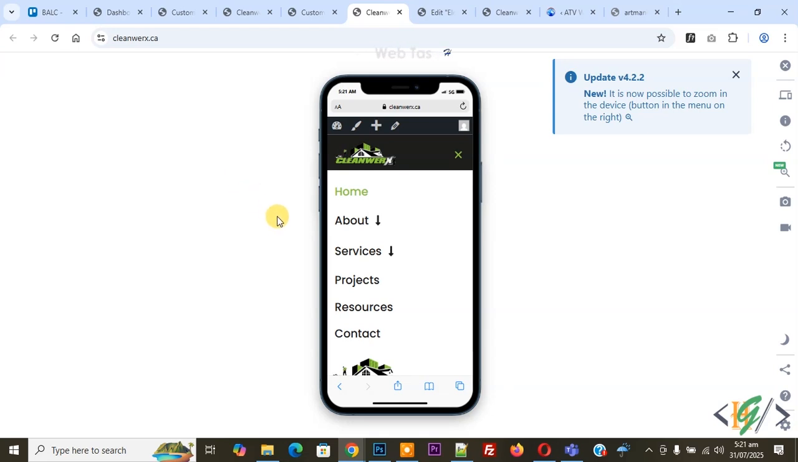Bismillahirrahmanirrahim. Assalamu alaikum. My name is Hassan, and today we are going to make the Elementor menu dropdown